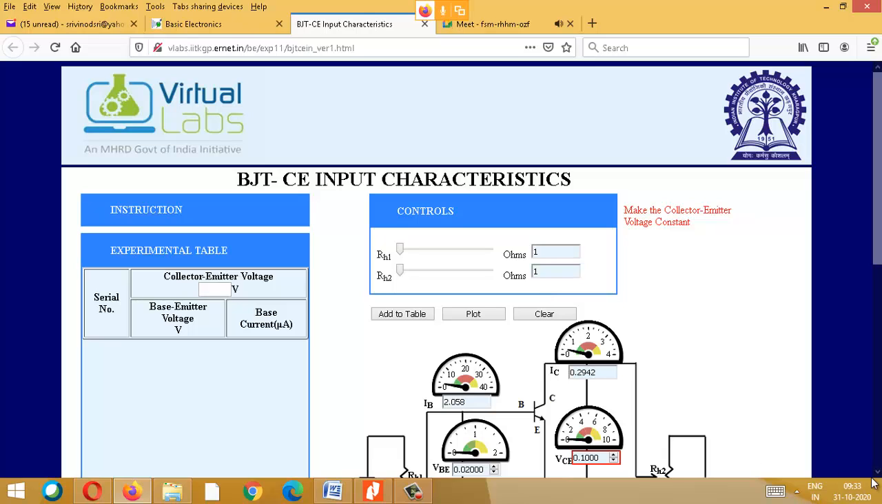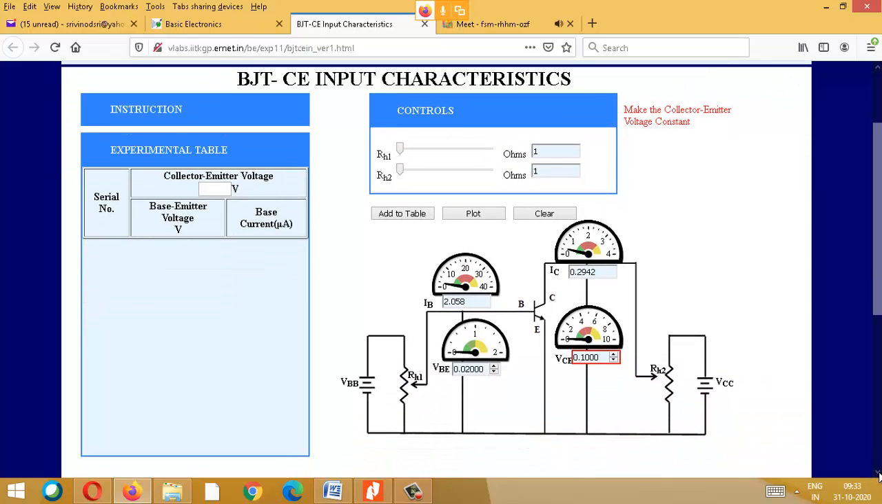Now, students, what I have to do is keep the output at 1 volt. So I vary RH2 and keep it at 1 volt. Okay, I have kept it at 1 volt. You don't need to note down this reading, because we are going to take only input characteristics, we are not going with output characteristics. The thing you have to notice is that I have not given any input voltage, but there is some slight reading, and this is because we have kept it at 1 ohm. When you make this 0,